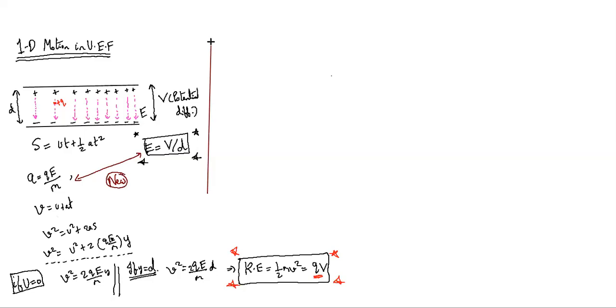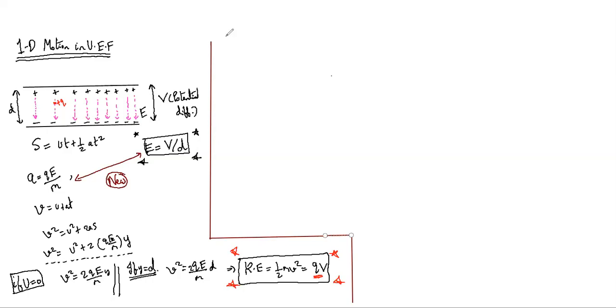So it's not that you are learning something completely new. पहले के concepts को apply कर रहे हैं. बस आप force change कर रहे हैं. Gravitational force के लिए electrostatic force को बदल रहे हैं. ठीक है? ये clear है सबको? इसमें कोई doubt किसी को? Any doubts in this? No, sir. Okay. So there is 1D motion in uniform electric field.